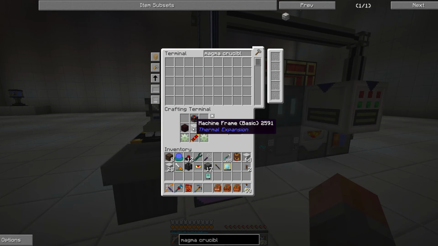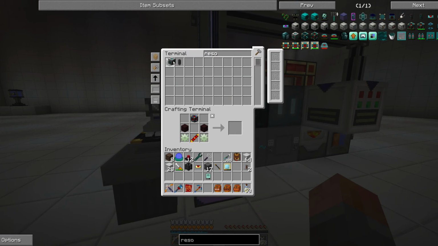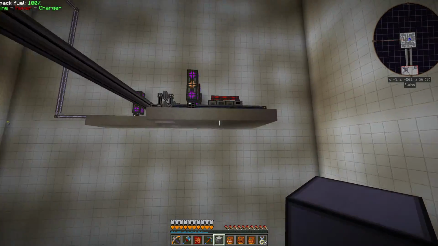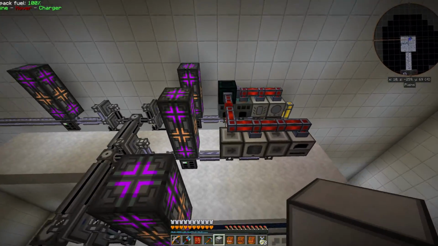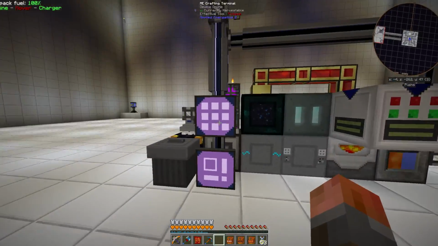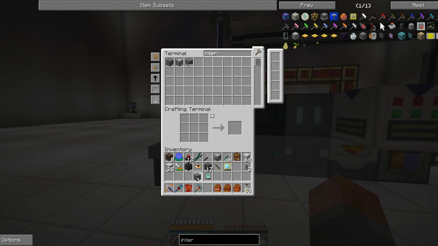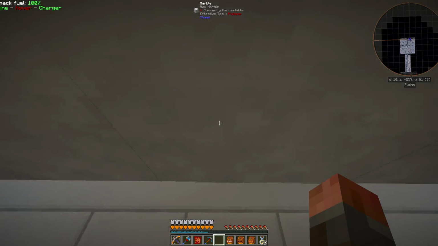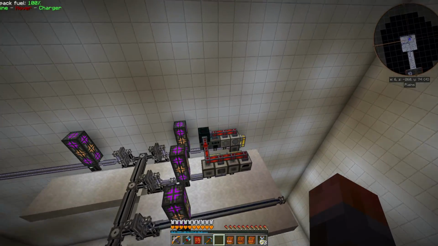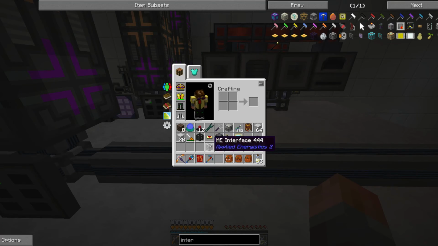Magma crucible. And while we're doing this, we may as well use resonant stuff because I've made a few of them, just in case. And let's put it in this one, I think. Do I have any interfaces? Of course I don't. Interface. And yeah, this system that keeps on crafting one whenever I take the last one out is absolutely great for interfaces too. Now, of course, this would normally be a fluid transposer, and that will be how I set this up eventually. But for now...